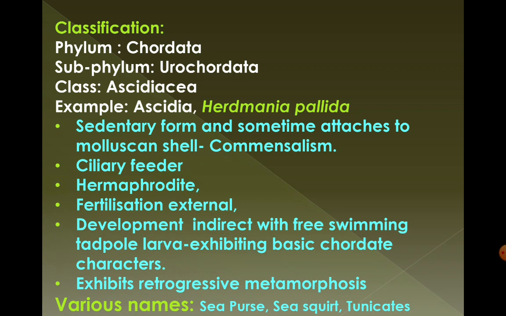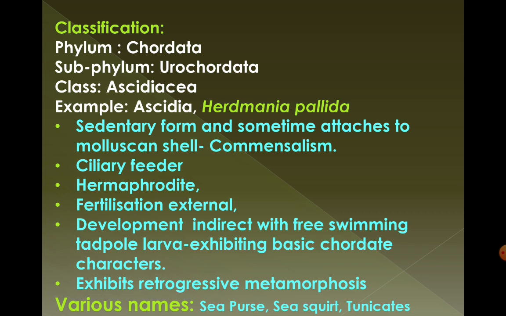It is also called sea squirt because when the water enters into this sac-like body and when it gets disturbed, what happens? The body contracts. As a result, when the body contracts, the water gets ejected in the form of a jet through these two apertures. That is, it ejects water very forcefully in the form of a jet, because of which it is called sea squirt.